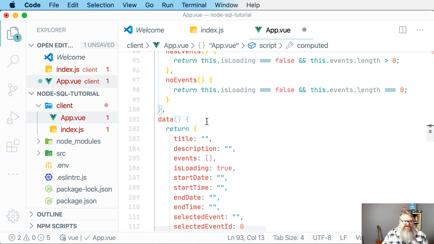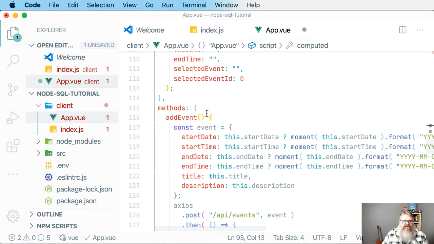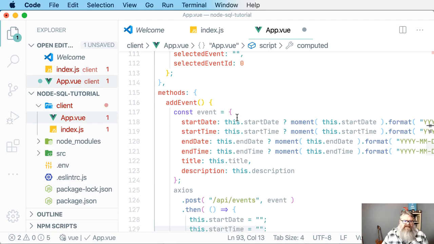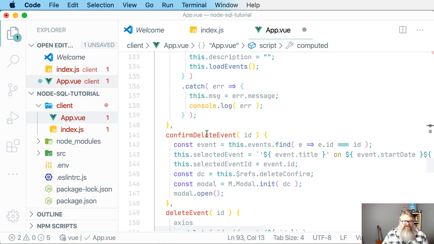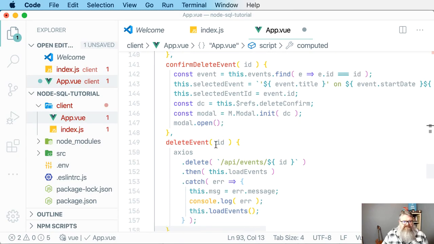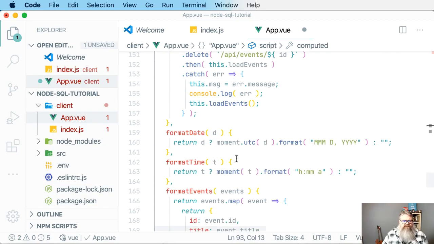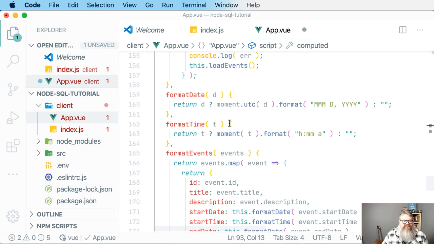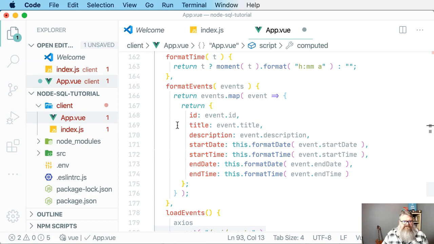We have a data property that includes all the information for a single event, and we have these methods defined like add event, and the Axios will post that to our API. We have a confirm delete event, a delete event which actually does the delete, calls that delete API endpoint. And then we have some other functions such as format date and format time,